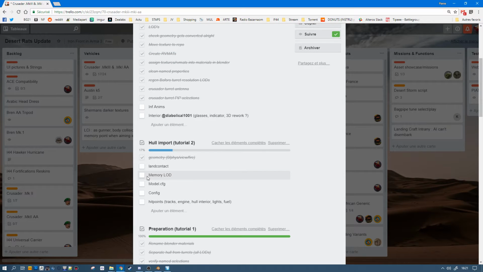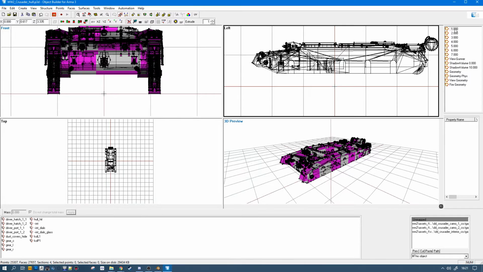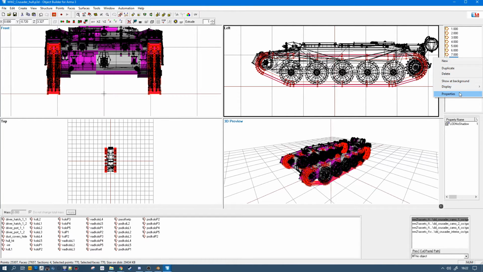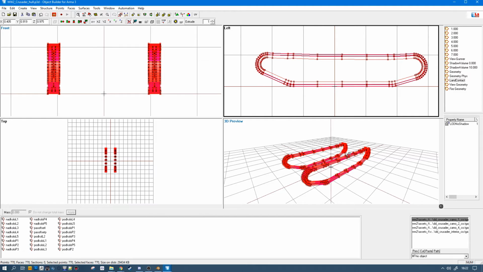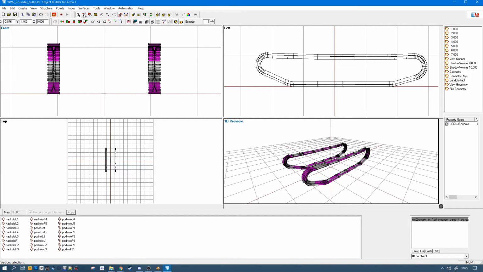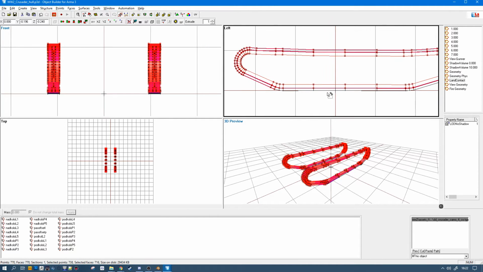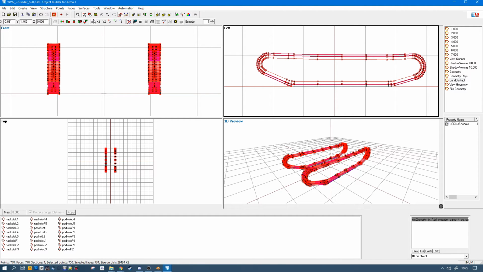No land contact. Land contact is quite simple, and it will be a good introduction to my workflow with memory points. So create a new load, properties, land contact, paste the tracks here, and I'm going to get rid of everything that is above ground level. So I am in point selection, vertex selection,